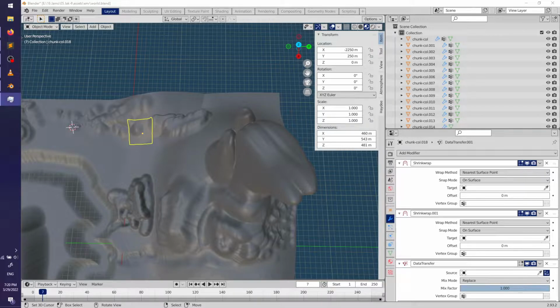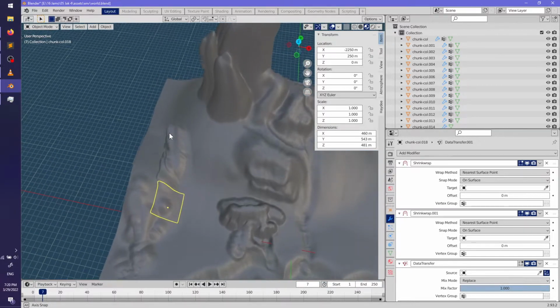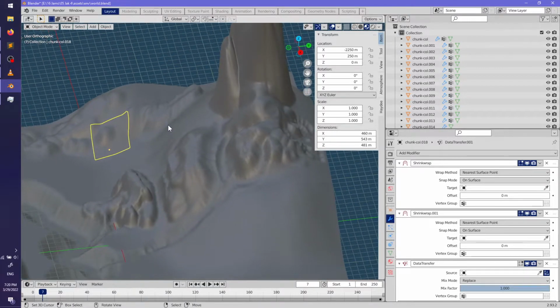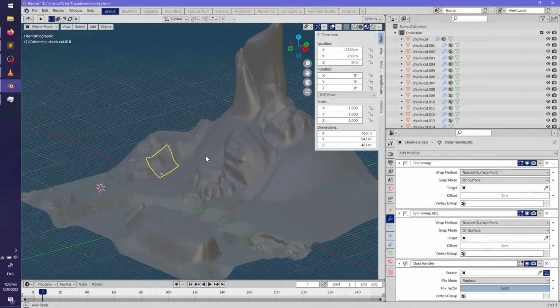Okay, it doesn't seem to work. It's not gonna work, I don't think. That's too much for my small brain. Let's put this in funny mode, funny camera mode.